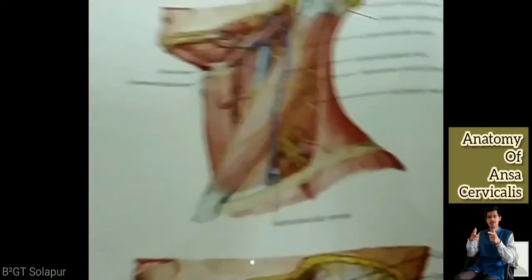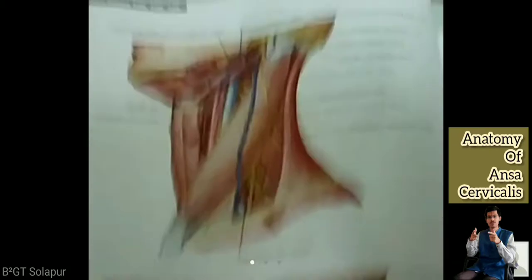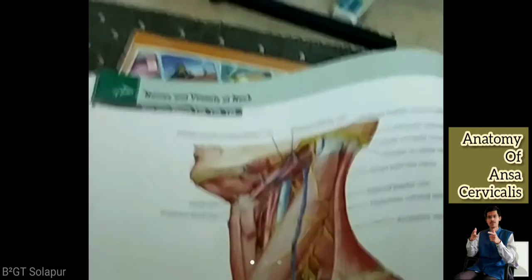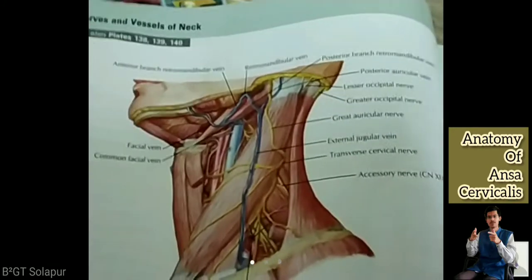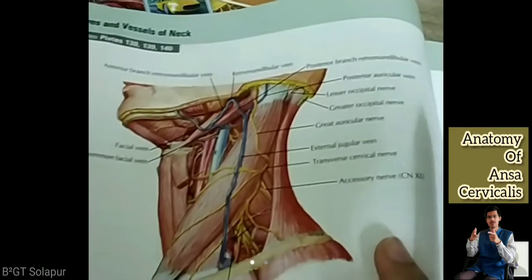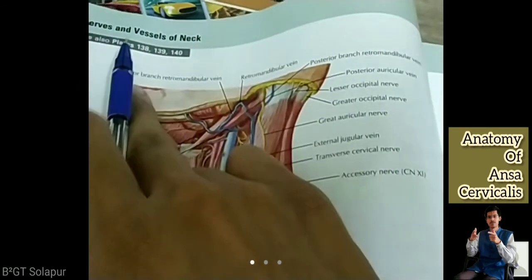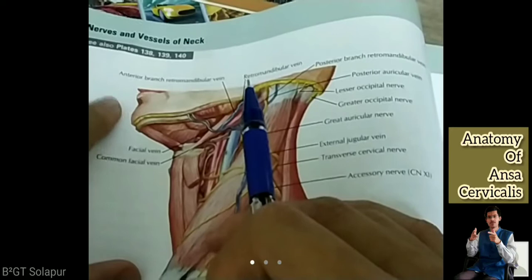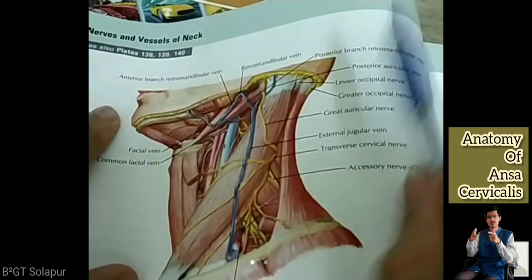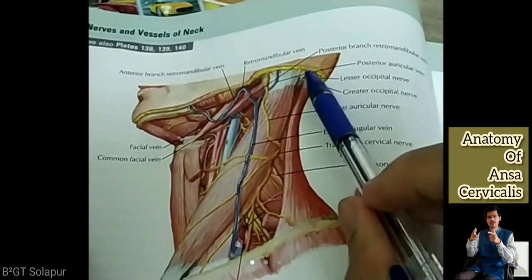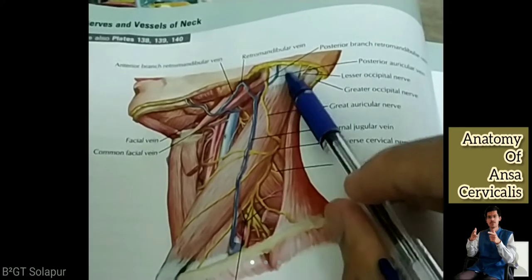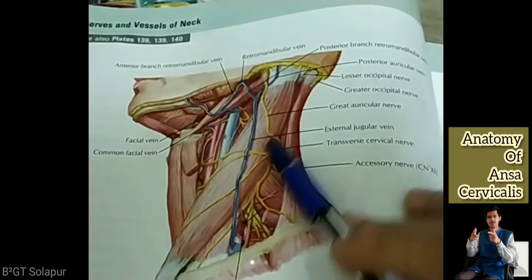Now, can you see this? Just a second. Let me make it visible to you. Okay. Can you see this diagram? Yes. Now, if you see, this is the lip. So, this is the anterior part. This is the posterior aspect. This is the occipital bone. So, you have the mastoid process here, and can you see the sternocleidomastoid?